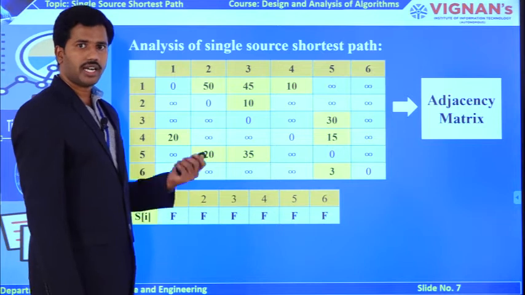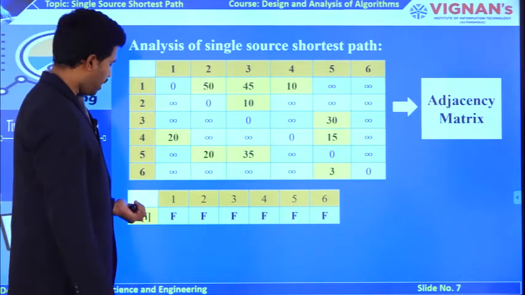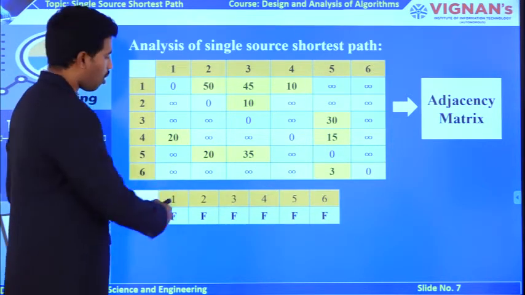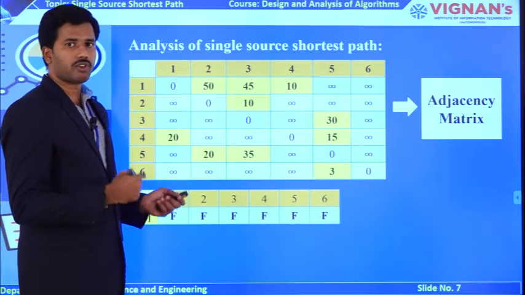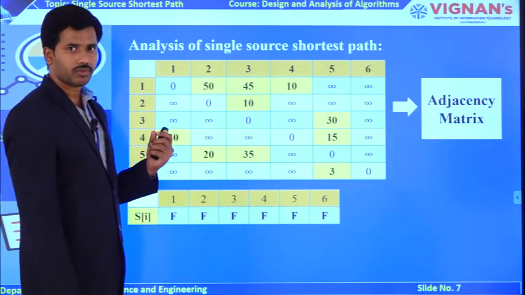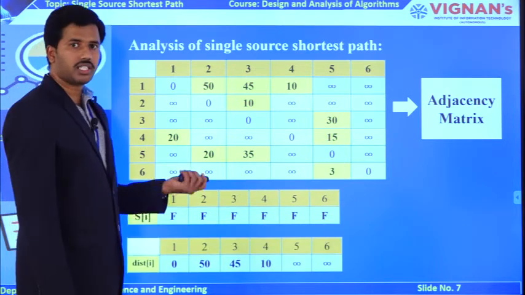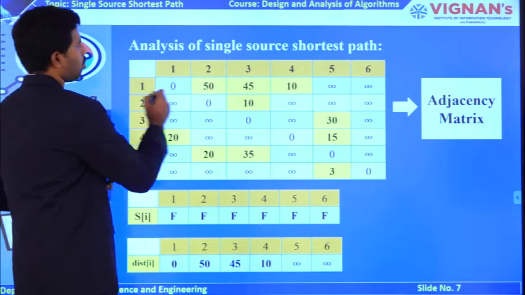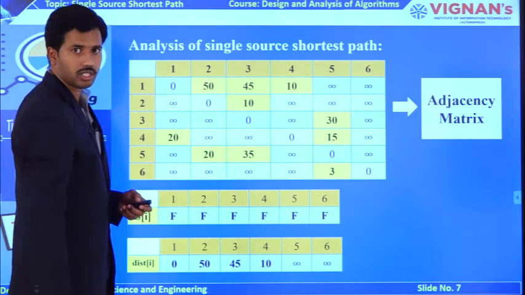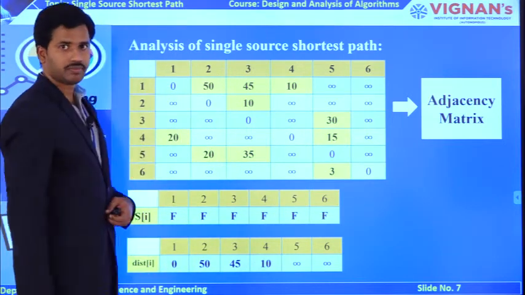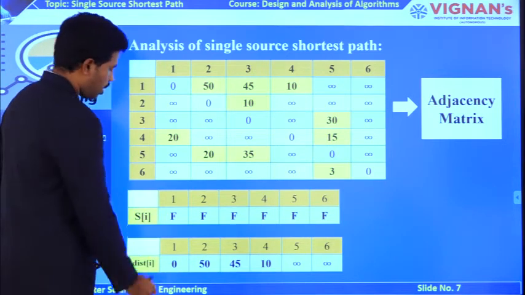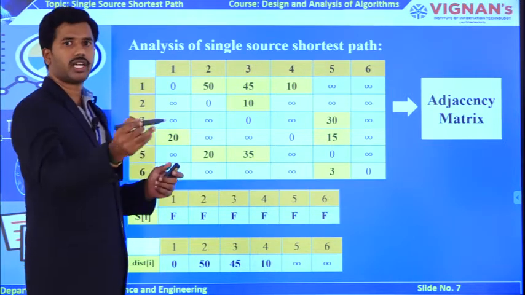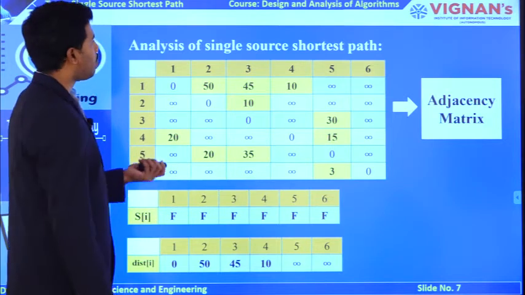Here my target is to find 2 solutions: the solution vector as well as the distance vector. Initially my solution vector is filled with falses, because initially I did not visit any vertex. My target is to visit all the vertices to update my optimal path from the source vertex to all the remaining n-1 vertices. For the distance vector, we assign it with the help of cost of v comma i, that is, the first row of my adjacency matrix is assigned as my distance vector. With the help of these 2 vectors only, I can find the optimal path from the single source to the remaining n-1 vertices. So let us go for the discussion.